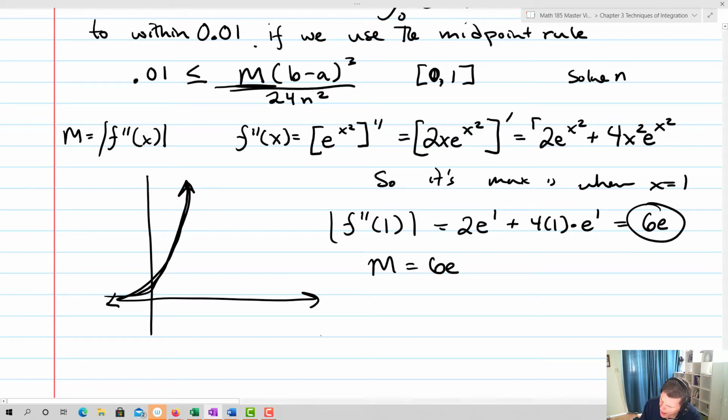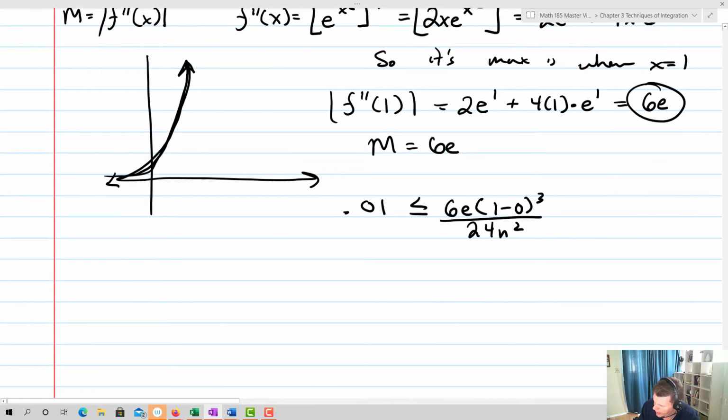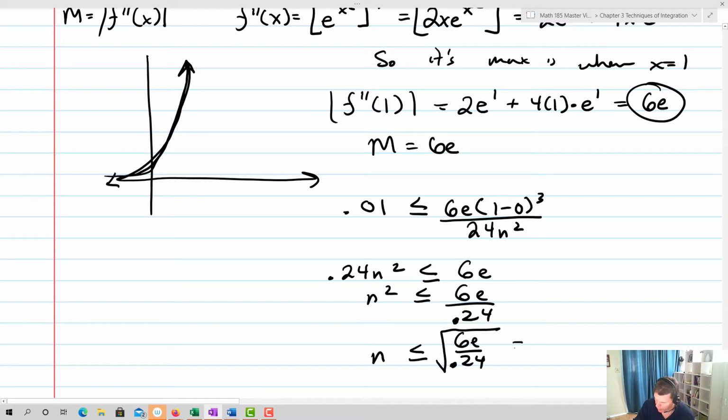So what I have now is 0.01 is less than or equal to 6e times (1 minus 0) cubed, because b is 1, a is 0, over 24n squared. Now we end up with 0.24 n squared having to be less than or equal to 6e. So n squared is going to be less than or equal to 6e over 0.24, and that ends up equaling